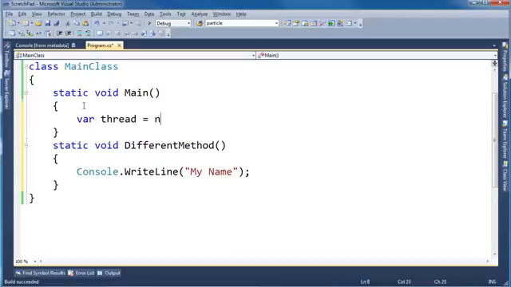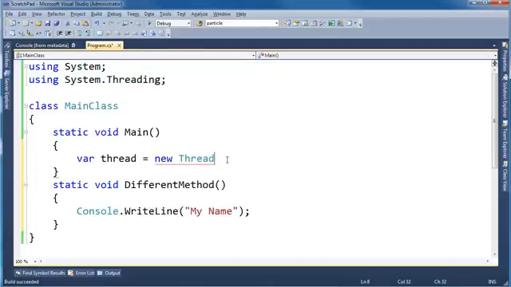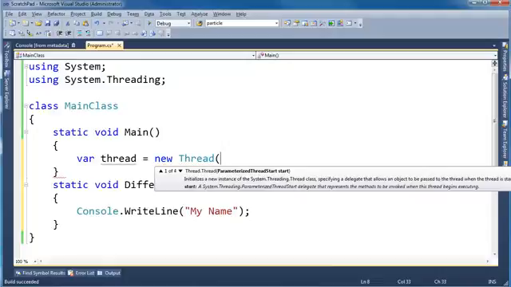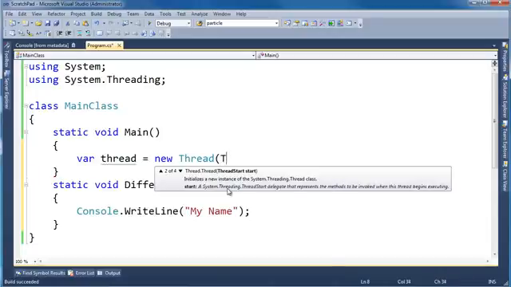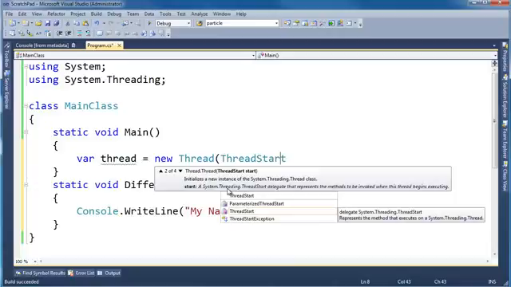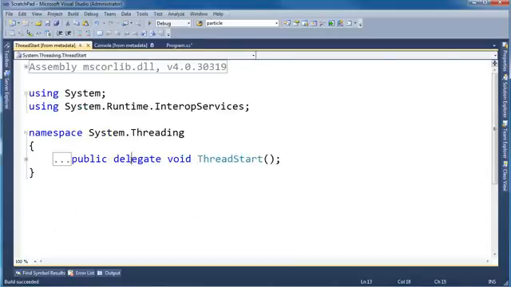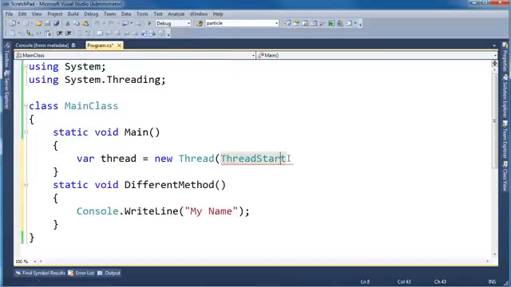var thread = new Thread. This is in the System.Threading namespace, and it takes a delegate essentially. The delegate type is ParameterizedThreadStart, or I can do ThreadStart. I'll get to ParameterizedThreadStart a little bit later, but if I type ThreadStart here and then F12 with the cursor on ThreadStart, we see it's a delegate, returns void, takes no arguments. I hope you're familiar and comfortable with delegates. If not, please go see the delegate videos. Okay, since it takes a delegate that returns void, takes no arguments, that matches this signature right here,